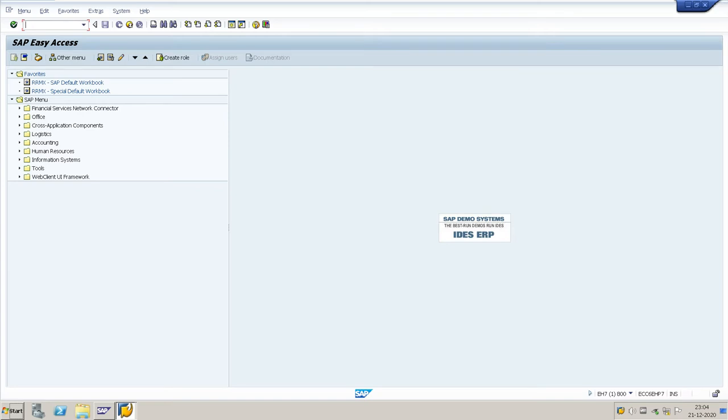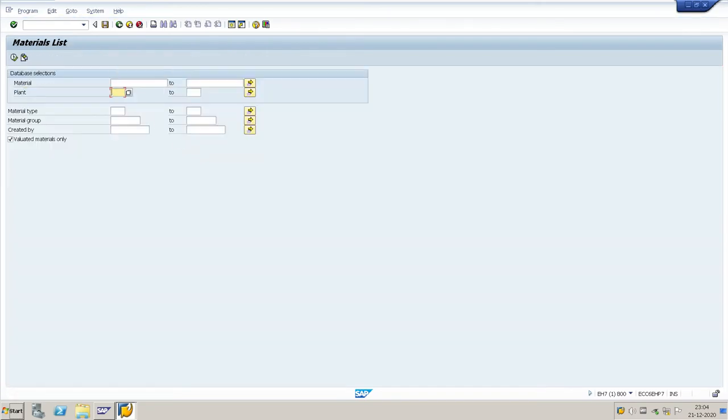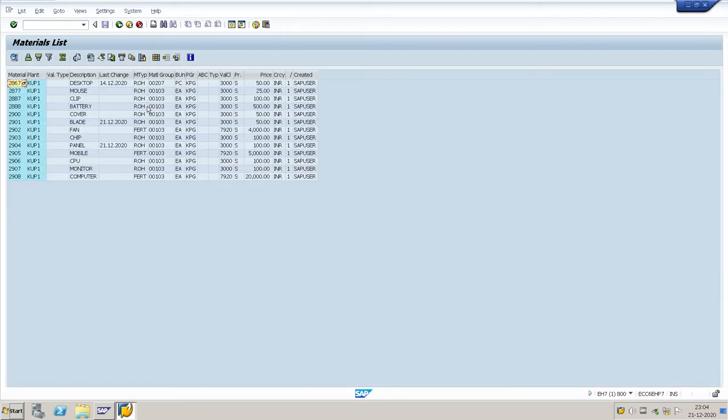First, we require raw material to send to the vendor. We already have the material, so we'll check the material list using T code MM60. Here we have the raw materials, CPU and monitor.